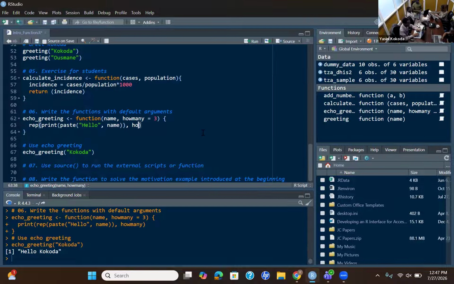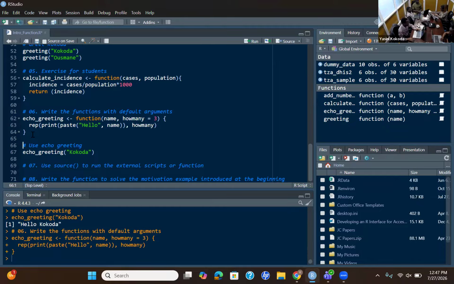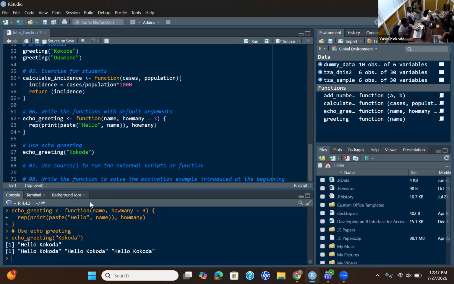So here, how many? Yeah, you just leave it like that and then run the function to update it. If you click here, you see it gives you how many times of printing? 1 time.